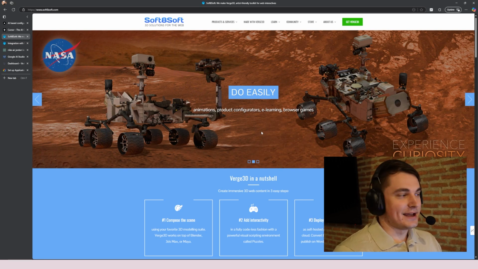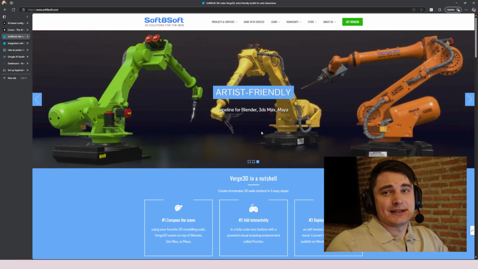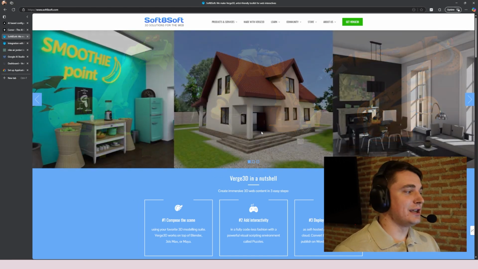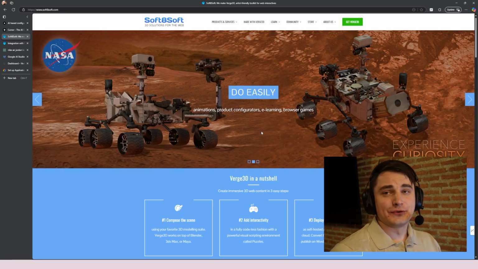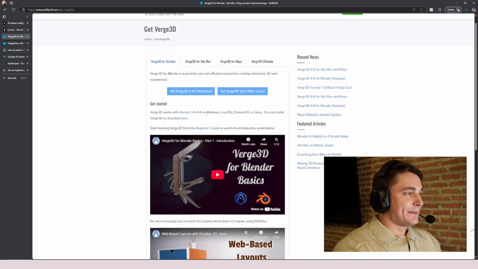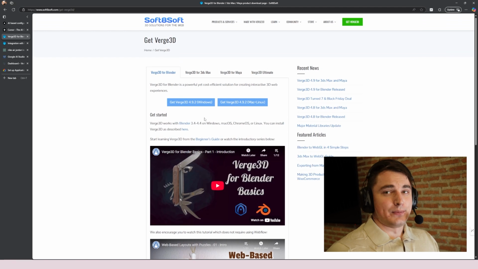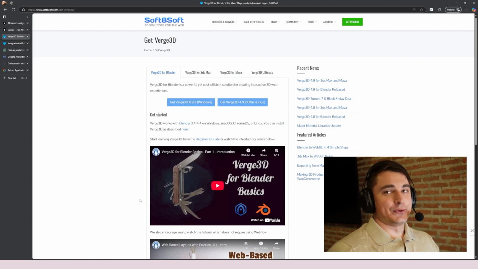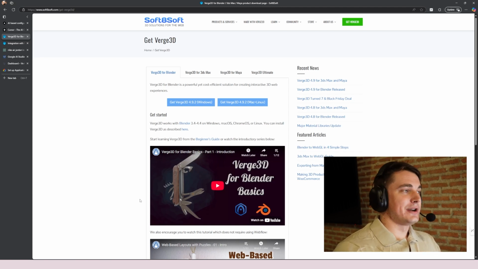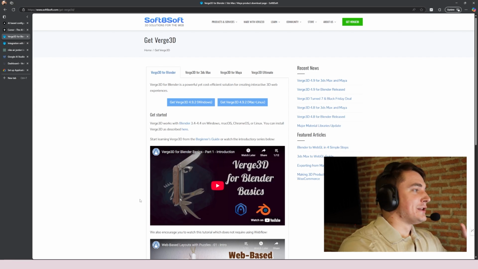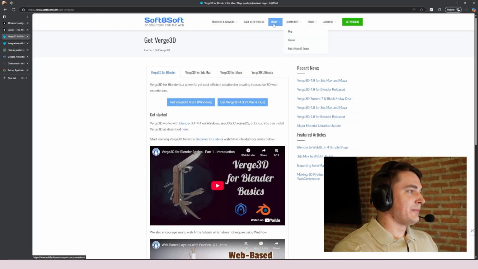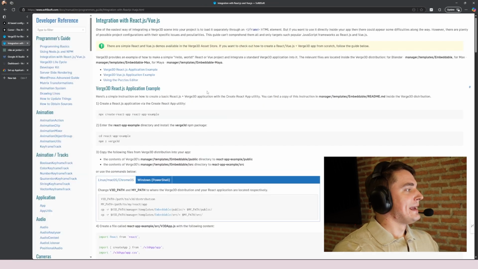So what is the thing here is that Verge3D is basically a tool built on top of Three.js, but with a lot of visual tools. One thing I really like is direct export from Blender, and the thing is that when you install it as an add-on for Blender, then you can make shaders right in Blender and it will export them almost the same way as they look in Blender and convert them in a way that you can run on the web. So what we're gonna do is I go to the instructions, go to the developer reference, and I took